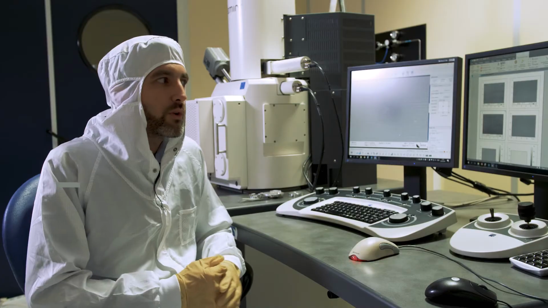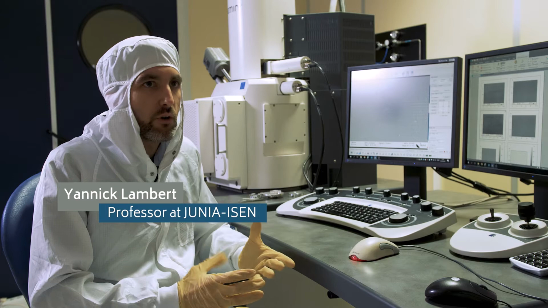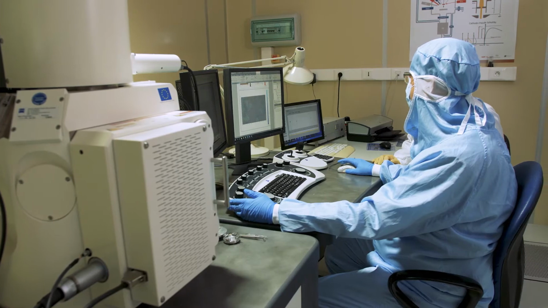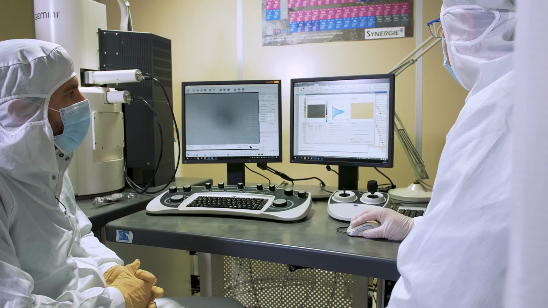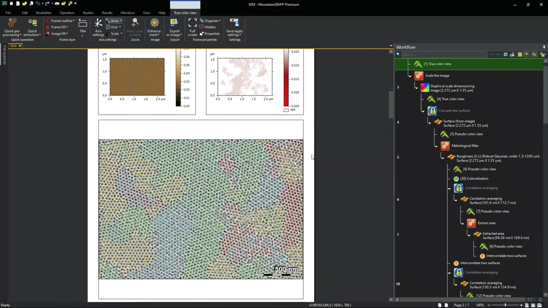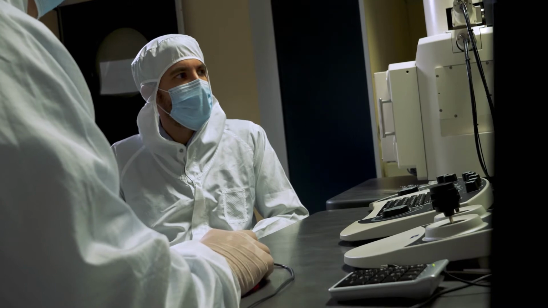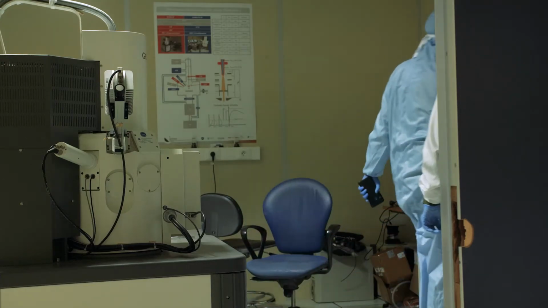For this project, we have designed devices with a pattern between holes of 40 nanometers, and so we use the SEM to measure precisely the dimensions and whether we have a deformation of the network. As you may know, in SEM we usually get a 2D image of the surface.